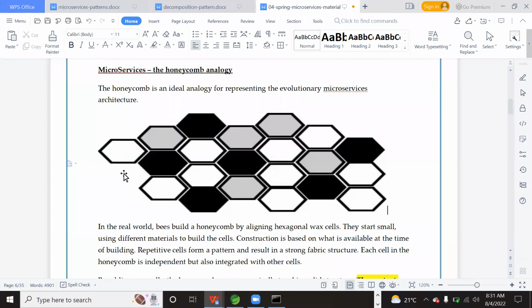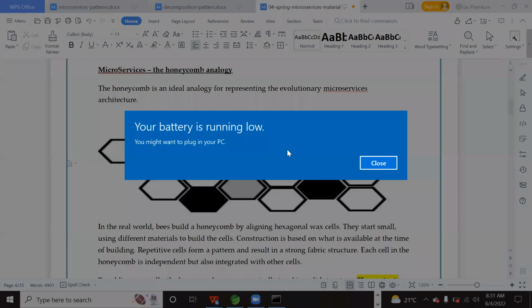While constructing these wax cells, they use any material. At that moment, whatever they get, they use that material. Maybe they will use grass, wires, even stones, anything available at that moment. Using that material, they prepare these wax cells.